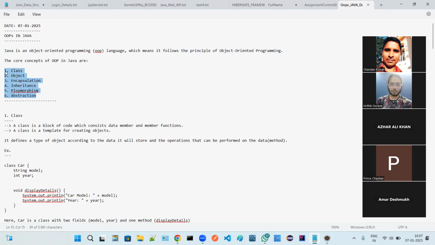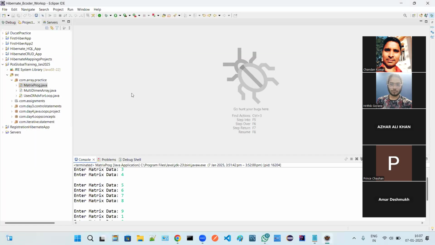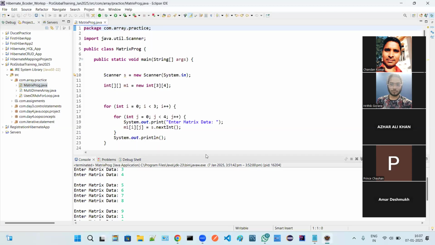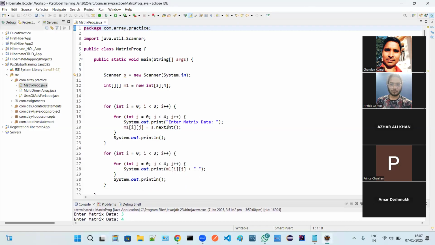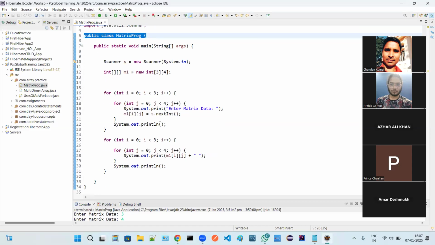And just remember, Java is object oriented. Why? Because in Java, whatever code you write will not go beyond the class or object. Why am I telling this? Because this is the very beginning of our code, and this is the very end of our code.